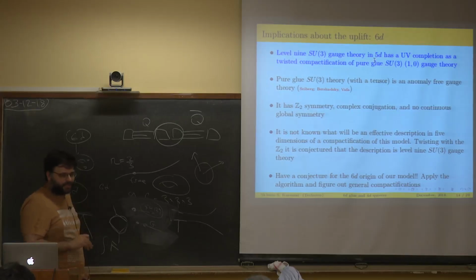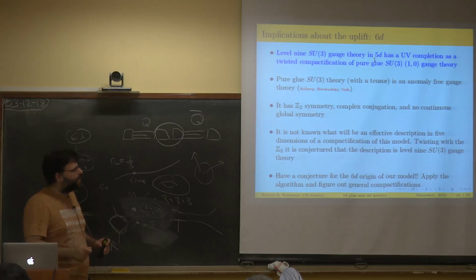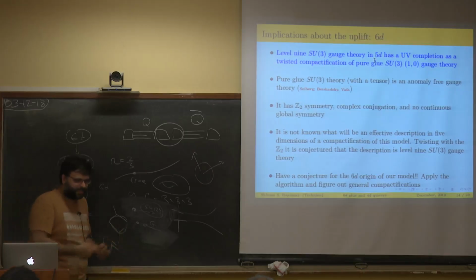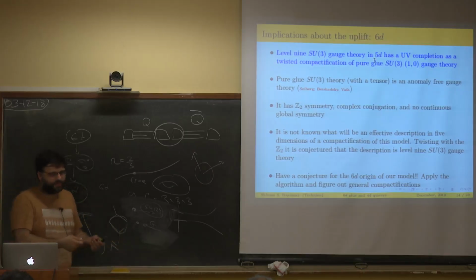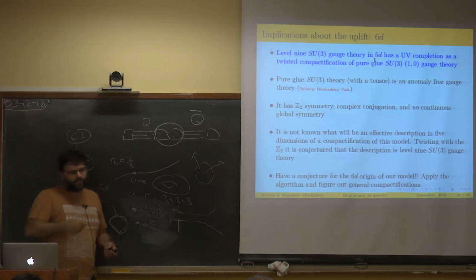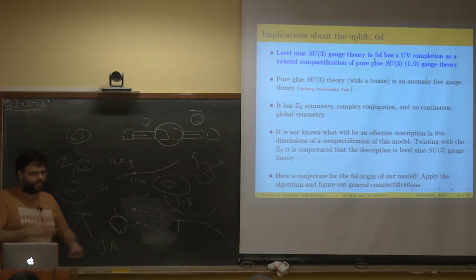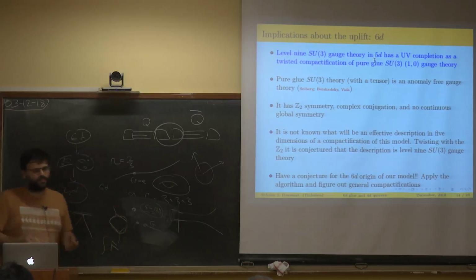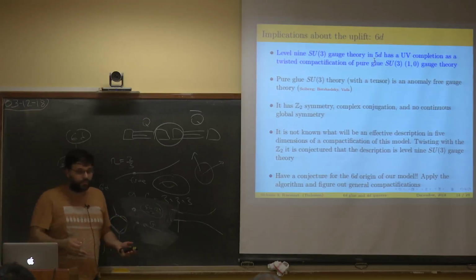It's rather recent. The check that you can perform is to match the dimensions of different branches. These are very weak checks. And if you wish, what I'm going to tell you is another check of this conjecture, because we will produce a consistent picture. Okay, let me give you an argument. Why is it so? People did the opposite thing. They started from SU3 in 5 dimensions and cranked up the levels. For low levels, they found some brane constructions, some 5-dimensional constructions, which indicate that there should be a UV completion in 5 dimensions. For level 9, there is no